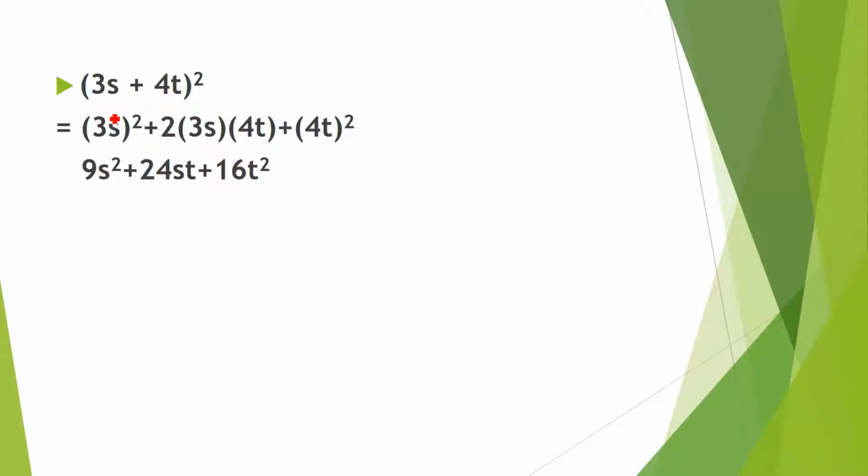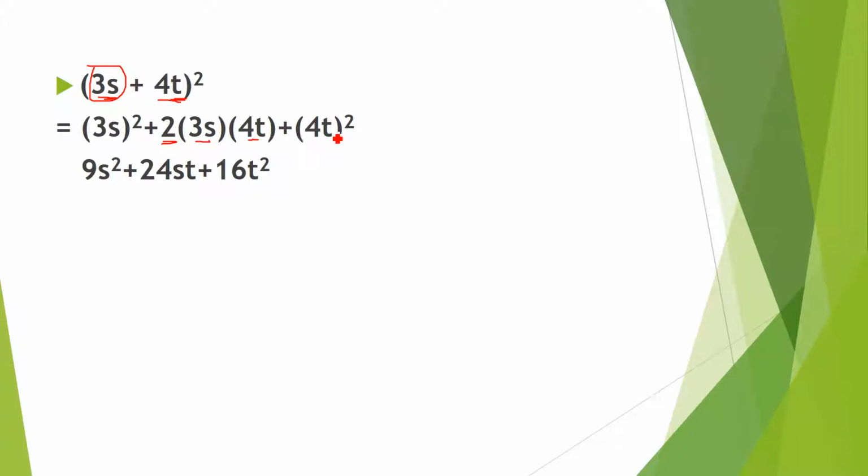Okay, one more question. Now instead of a and b I have used s and t, so you should be clear that it is not always a and b, it is just the general formula. So the same formula you have to use here. I didn't mention the formula, but you know it: a square, so instead of a we have 3s, this 3s whole square, plus 2ab, so this is the 2, instead of a we have 3s, instead of b we have 4t,